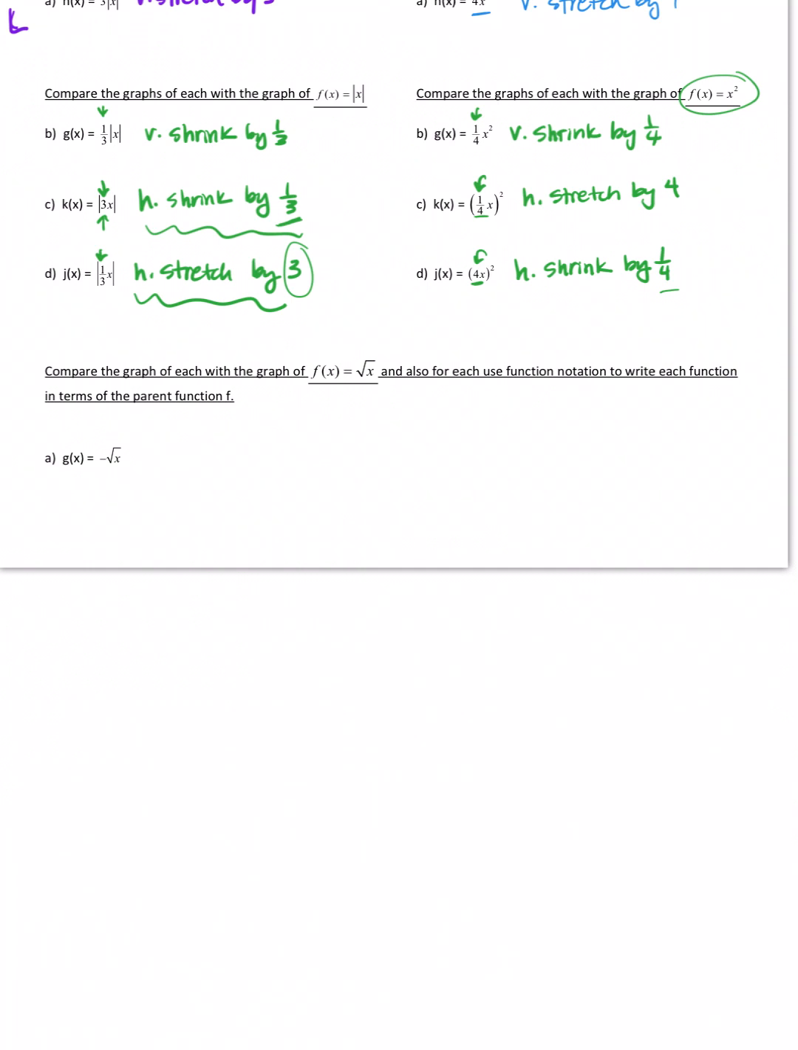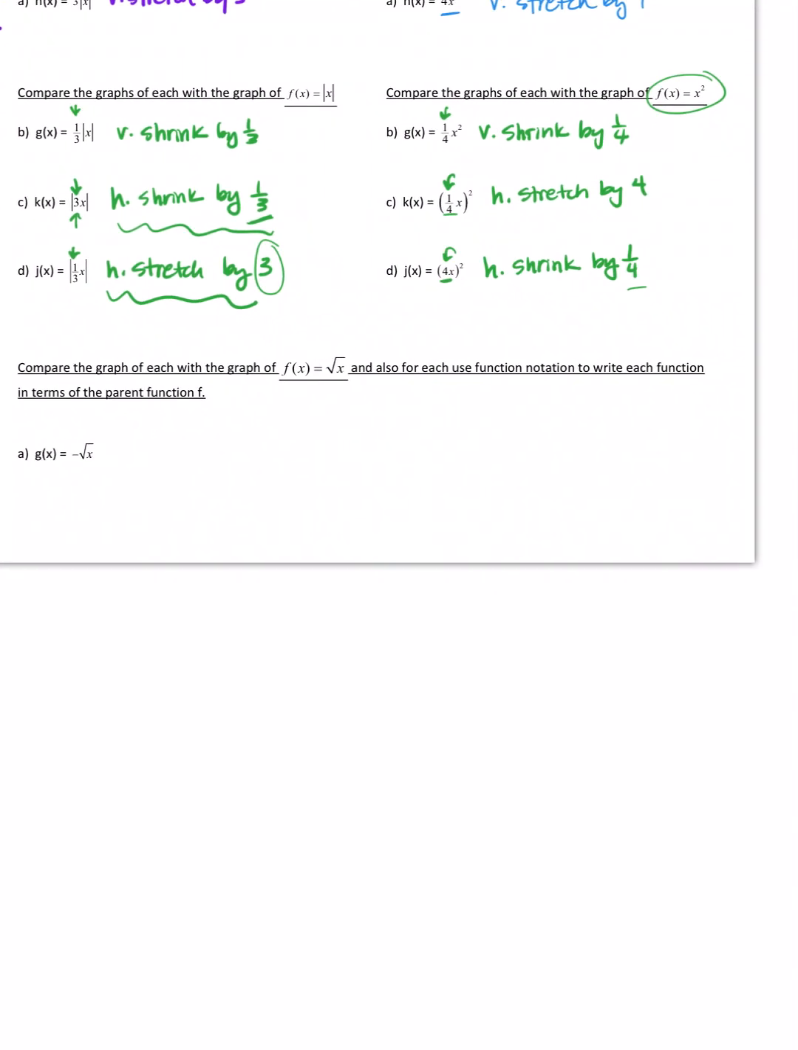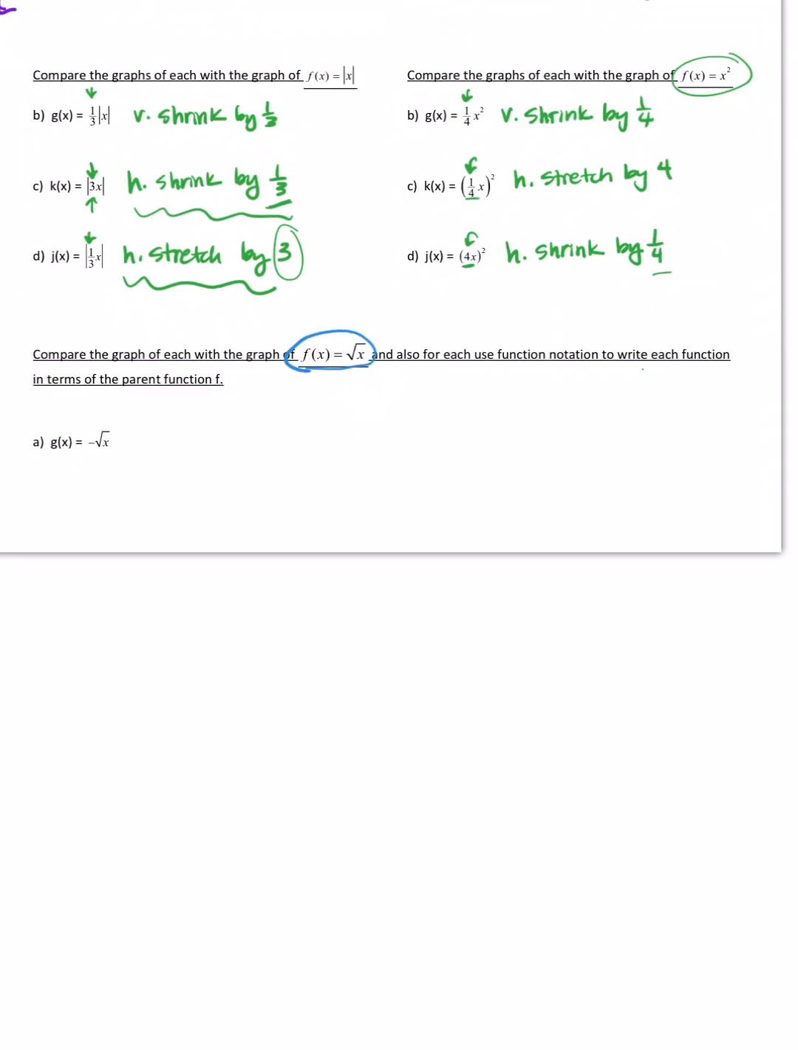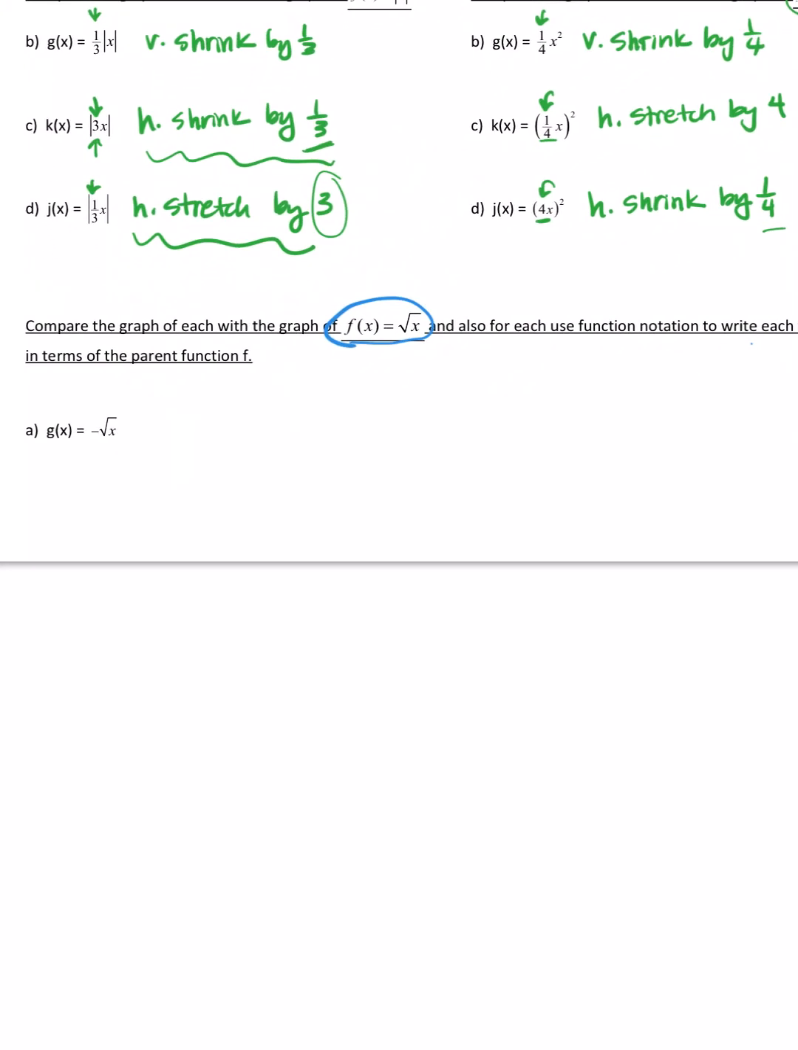All right, compare the graph of each function with the graph of f of x equals square root of x. So this is the starting point. And also use function notation to write each function in terms of the parent function. So let's stop and think. If this is g of x is negative square root of x, how is that different than the original? Well, it is a vertical reflection,